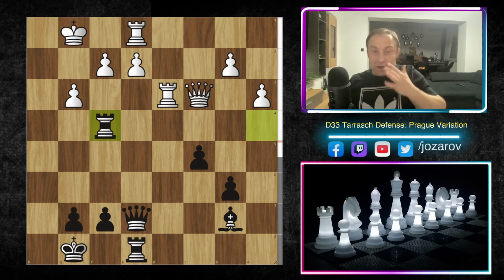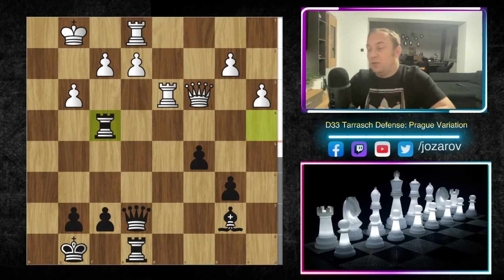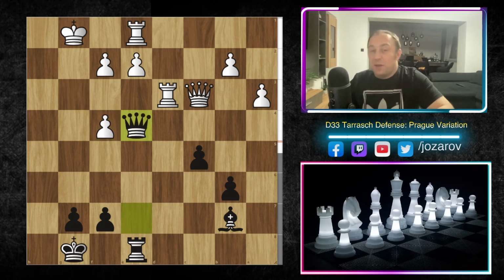And it surprises me, actually. I think Daniil Dubov is a top grandmaster. He's a great tactician. I think he had maybe this move somewhere in his mind. I'm not sure why he didn't play it, but as I said, after g takes h4, the game becomes really